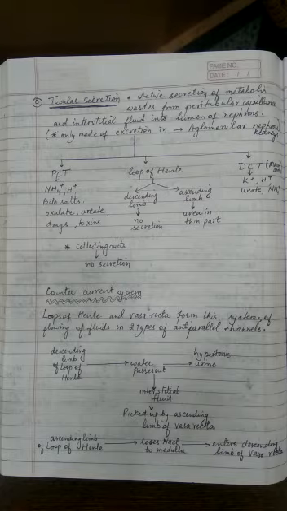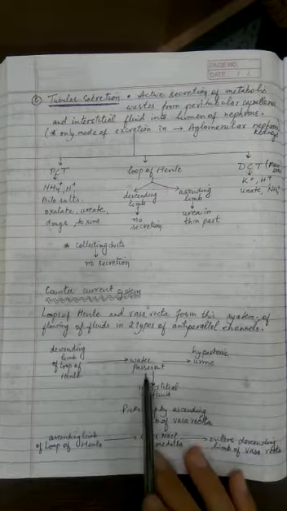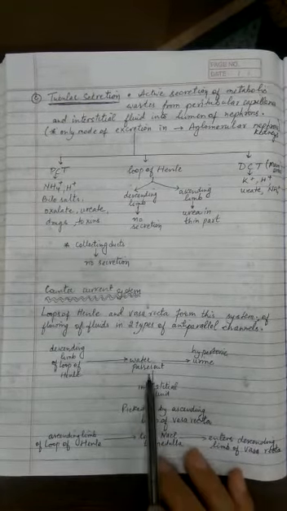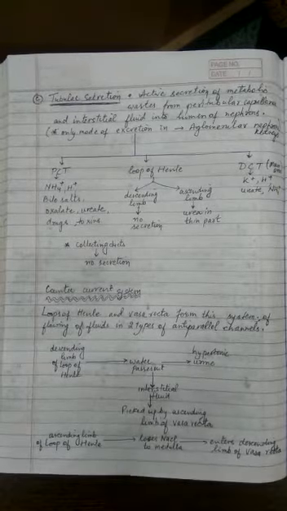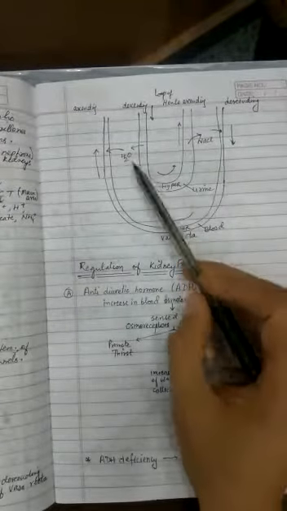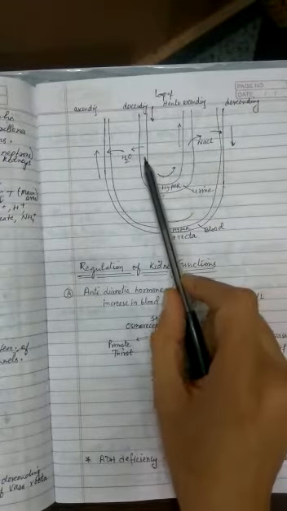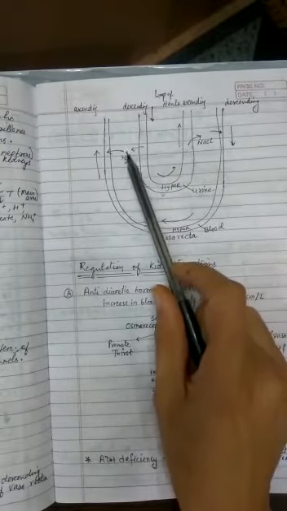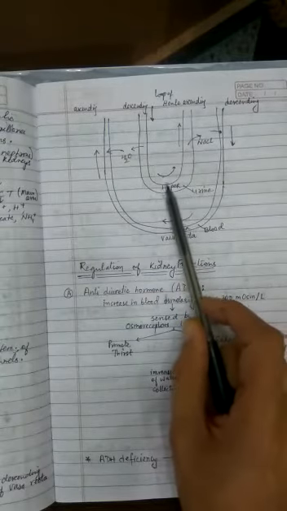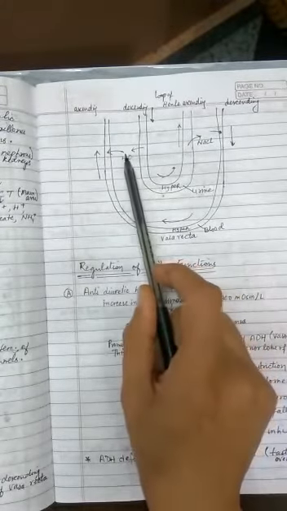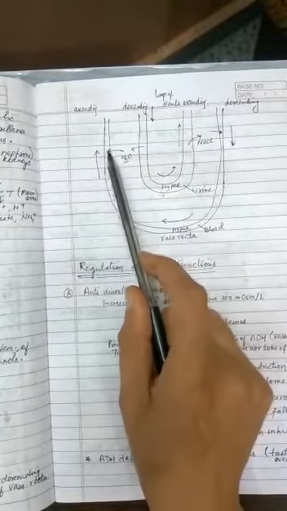the filtrate. Now this all starts because in the descending limb of the loop of Henle, water passes out into the interstitial fluid, from where it is picked up by the ascending limb of the vasa recta. So you can see here the descending limb of the loop of Henle passes out the water into the interstitium, because of which the urine or the filtrate becomes hypertonic in nature, and this water does not remain here for long. It is absorbed or picked up by the ascending limb of the vasa recta.